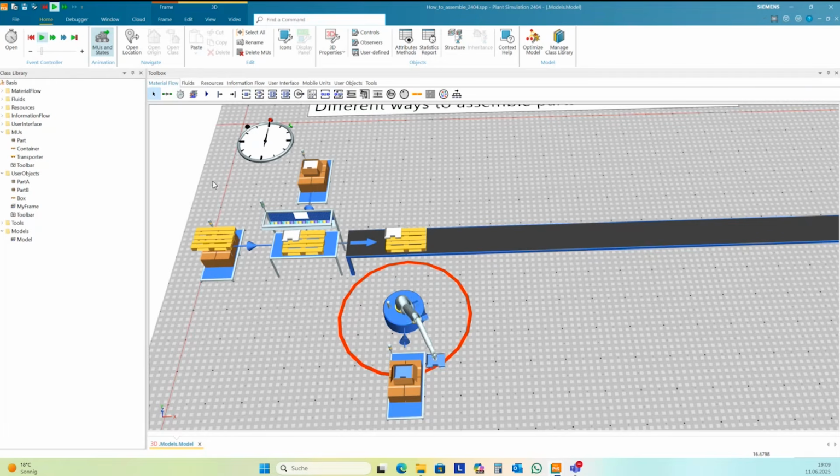So now the pallet stops here, and the pick and place robot fills up the container up to its capacity with parts, but I don't want to assemble 5 parts. I only want to assemble 1 part. And so I need to change this.